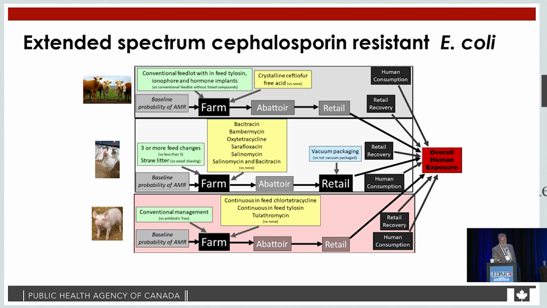And there's relatively few that really come in at abattoir or retail. So for example, vacuum packaging was included in the poultry pathway. But we don't tend to get a lot of studies that are done at abattoir or retail that provide the kind of extractable data that we need to create a factor.